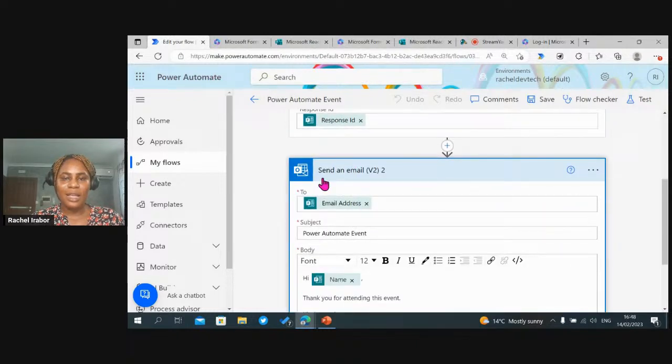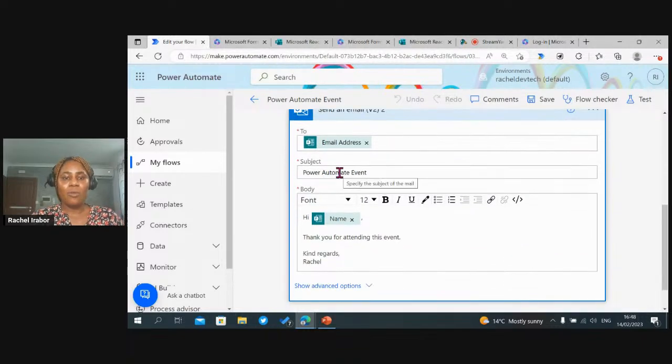Then the next thing we have is the action, which is send an email v2. It's actually an Office Outlook connector. It works very well, like maybe you're trying to send an email, you're trying to send it to Rachel, which is your tool. And your dynamic content here is actually email address. It's bringing every email that was filled in that particular form. You get to name